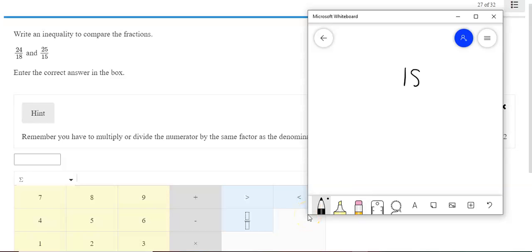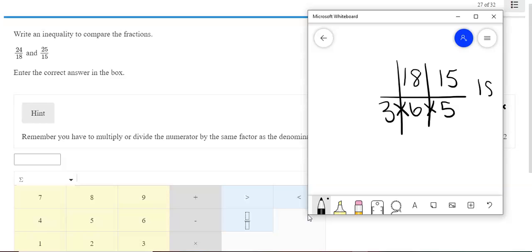Let's get 18 and 15 and figure out what our denominator is going to be. 3 times 6 is 18, and 3 times 5 is 15. I'm going to multiply these together. 3 times 6 is 18, and then 18 times 5, we get 90. So we have 24/18